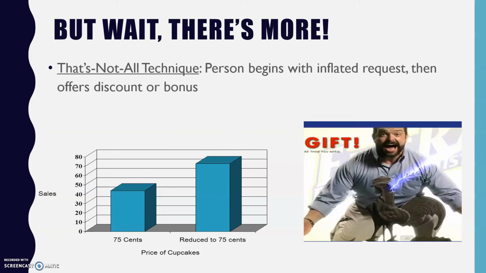Now, if you're like me, you like sales. So this is a case of what is called the that's-not-all technique. And certainly people like Billy Mays, this isn't actually Billy Mays, it's Billy Mays from an epic rap battle, were very much involved in this sort of technique. So they try to sell you something and they go, oh, wait, there's more here. So this is a case where somebody begins with an inflated request and then you offer a discount or you offer a bonus. Buy right now and we'll throw in this hair dryer for just an additional cost of $9.99